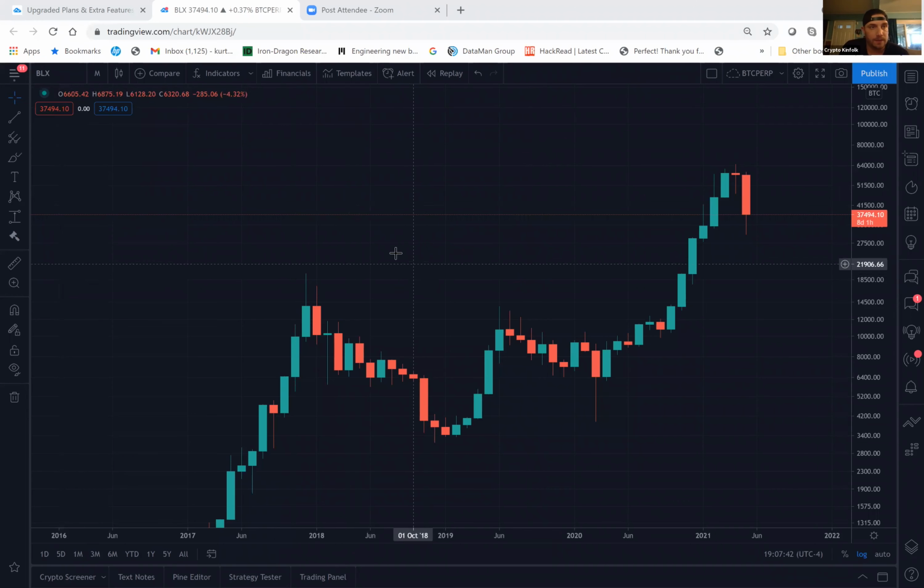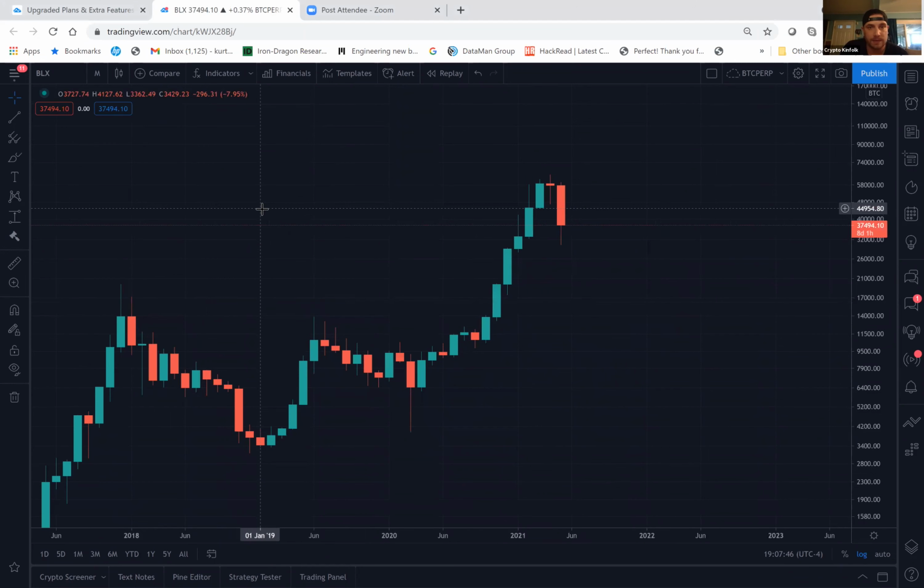So I'm going to get into what you guys want to do when you're setting up a chart. Pretty basic stuff. I want to make sure that you guys are able to find easy trend lines. I want you guys to be able to set up support and resistances very easily and just find those basic points on a chart so you can find the most likely areas where somebody is going to be buying and